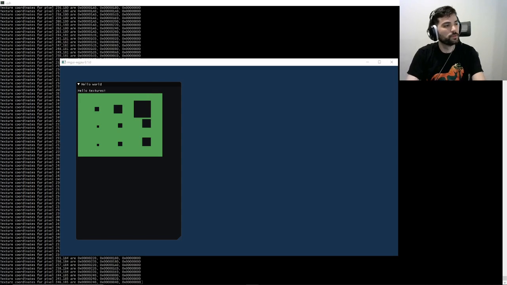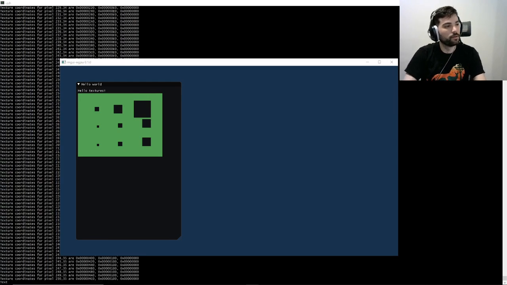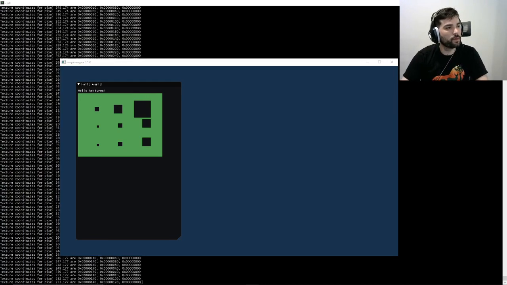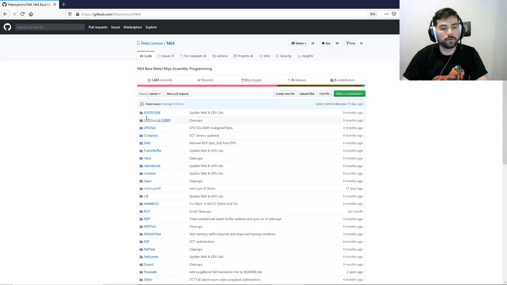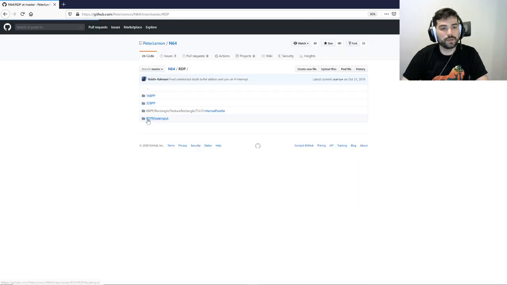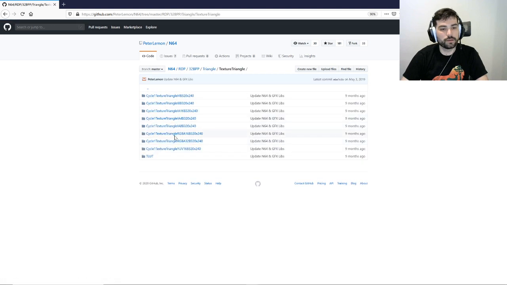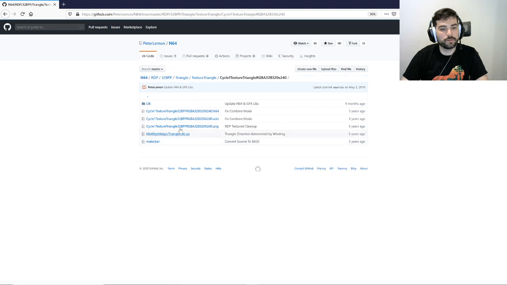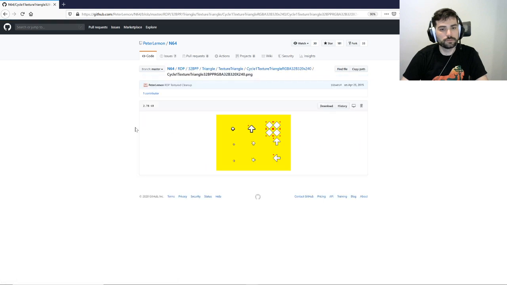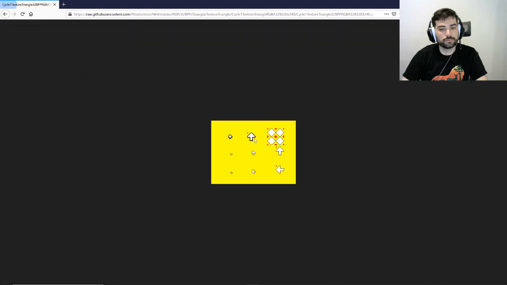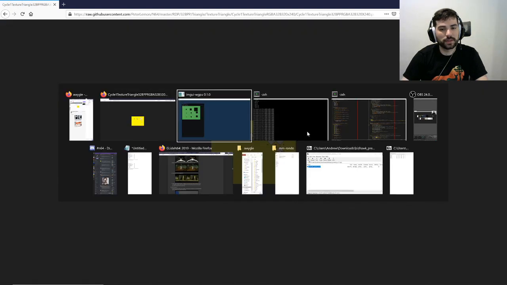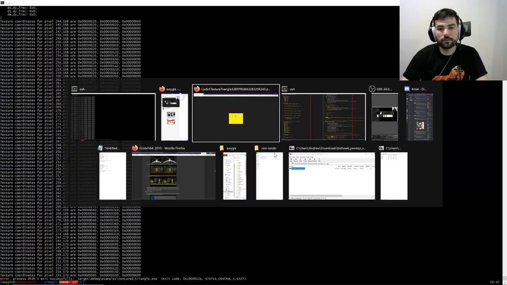let's pull up the image real quickly, Crom's RDP texture triangle test output image, which looks like this. It's very ugly, but that's okay. We want to see it anyway. All right, so